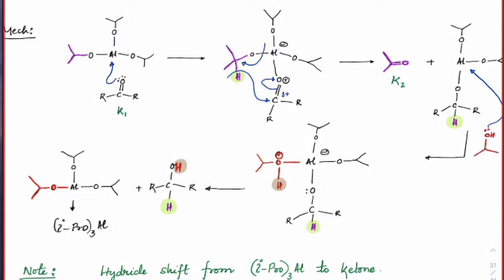So where does it push? It will start pushing electrons towards this side, which means this bond will break and oxygen will take away the electrons, and from here it will take away that H plus. So it would become alcohol in this form. And what happened to the rest of the molecule is the same isopropoxy remained.